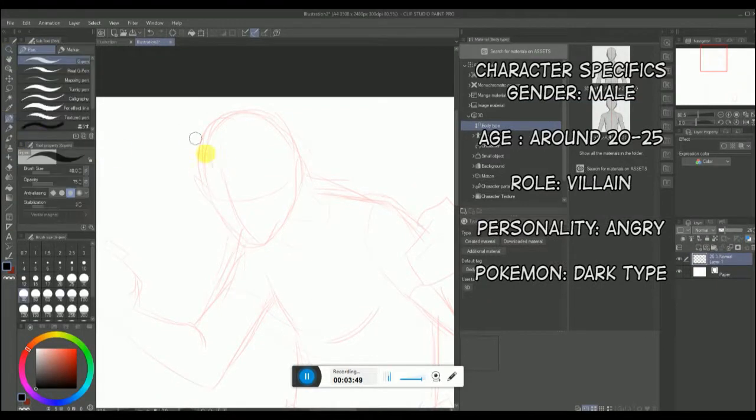His age is going to be anywhere between 20 and 30 years old. I'm going to maintain the Pokemon proportions usually. He's supposed to be angry.